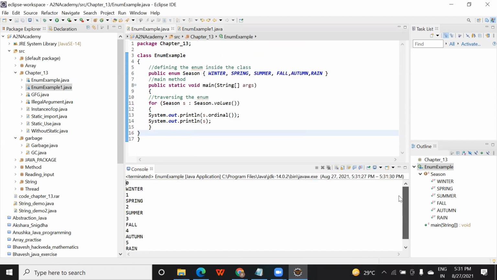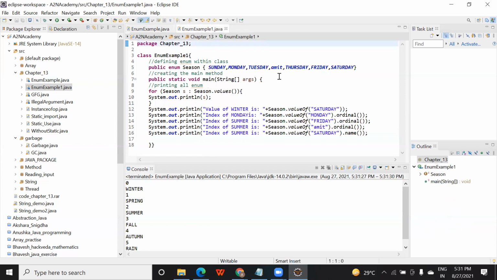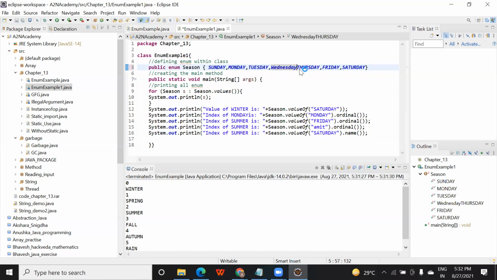Yes. So you can see I'm getting the ordering as well as the variable name also. So enum is a data type whose values you can define based on the user, completely based on the user. Like here I have given winter, spring, summer. There are no predefined values like this. I have given them based on my requirement. Similarly, you can take enum as weekdays, and you can initialize values like Sunday, Monday, Tuesday, Wednesday, based on your complete requirement.